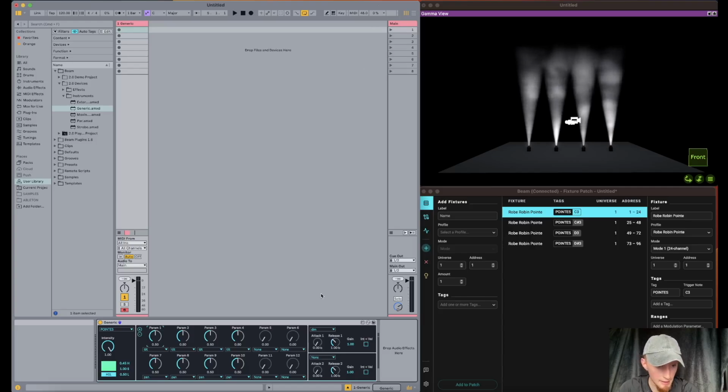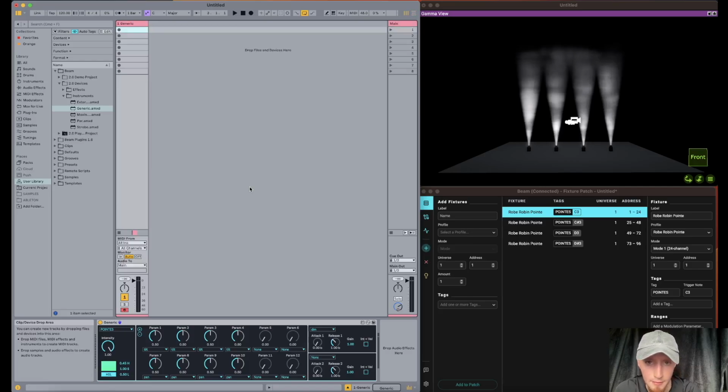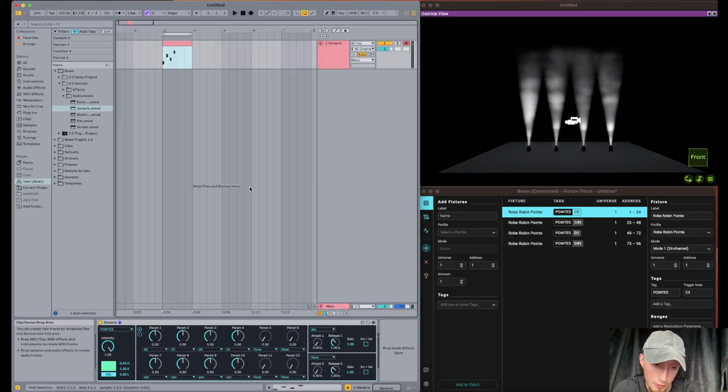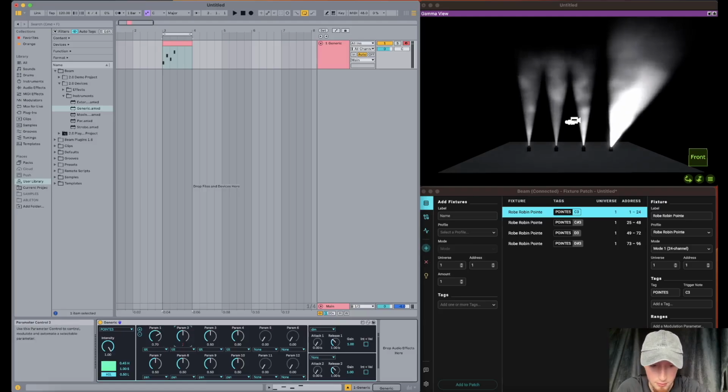So we've looked at some basic programming with some MIDI, where you draw it in arrangement view. What we're going to do now is look at getting closer to the example video that I showed you. Currently I've got the intensity up on all of them with this dial here. I'm going to give them some more tilt. If I go to about 0.7,